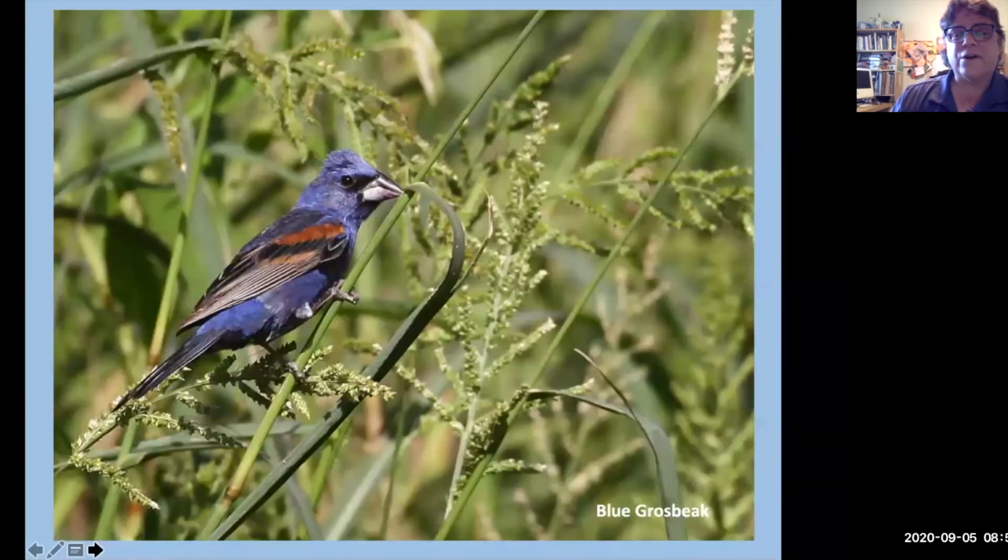Notice now we're starting to go up from the grasses towards the sky. This is at the top of the grasses. This is a blue grosbeak. Saw that last Saturday. Oh my gosh, they're so beautiful. Look at that indigo color. Look at this band of color. And these guys breed, I'll show you a map a little bit later, all the way through North Dakota.